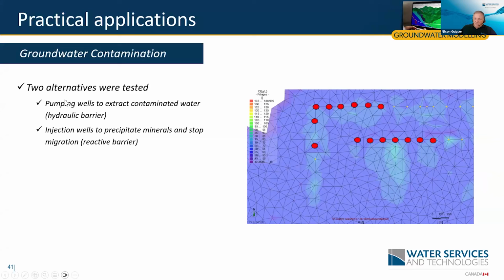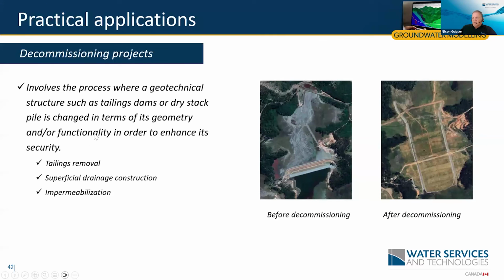And in this case, two alternatives were tested: pumping wells, a hydraulic barrier, or injection wells. And the chosen option was to have these injection wells of this reactant so that it will stabilize the plume by making that particular chemical precipitate. And therefore, instead of opening more pores, it would actually help to clog the pores to stop the advancement of the plume. And finally,